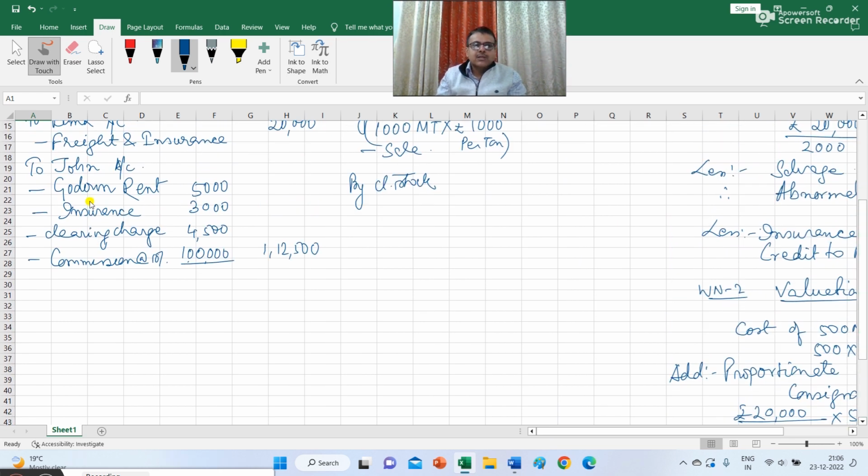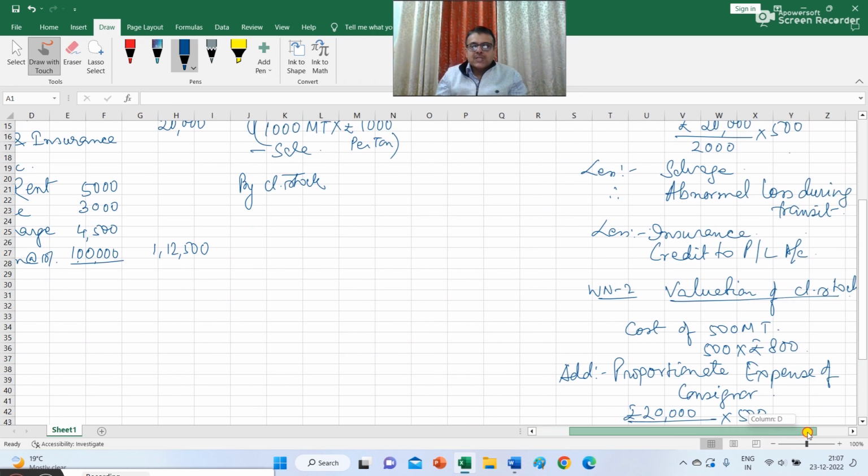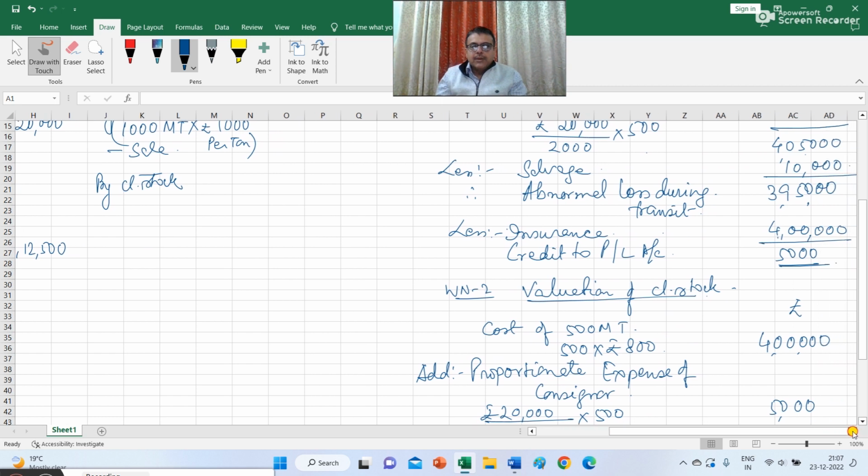I have just written godown rent. So this is recurring in nature. Insurance, this is also recurring in nature. So only non-recurring expense is the clearing charge. So proportionate non-recurring expense of consignee means